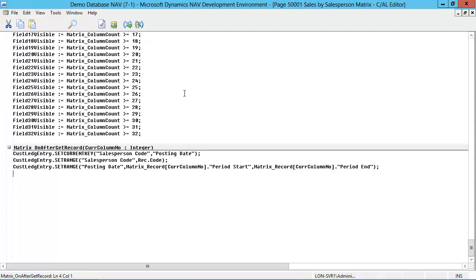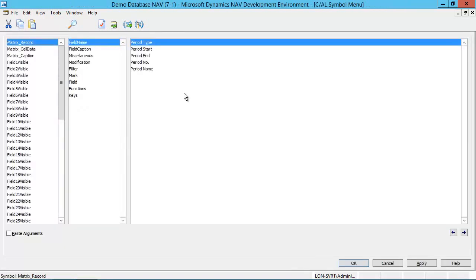And then finally what I have to do is calculate the totals. So here I will do CustLedgEntry.CalcSums, and then the field that I want to calculate on,